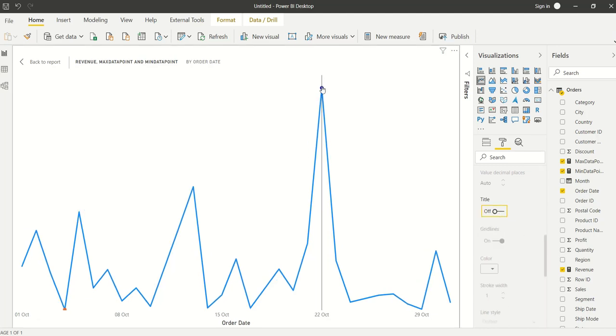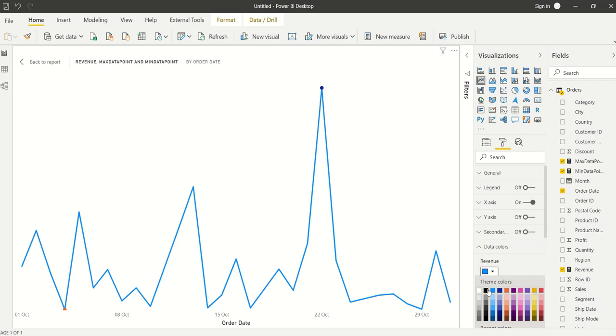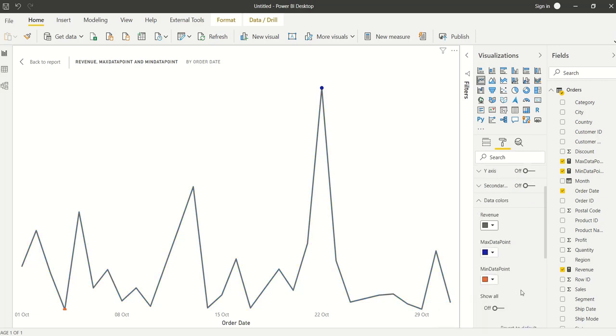In order to make my two data points stand out, I'll make my revenue line lighter black. For the maximum data point, I simply use the green color, and for my min data point I simply use red.